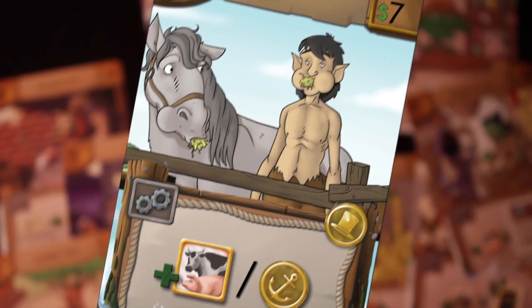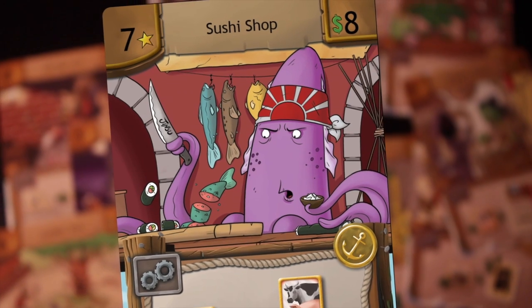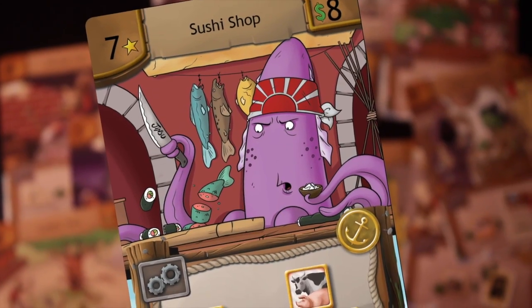I think it's the ranch where you have the horse eating next to the fawn, which is really funny. Also, the sushi shop is very disconcerting for obvious reasons. Yeah, it's like cannibalism, really. So the other one that I really like